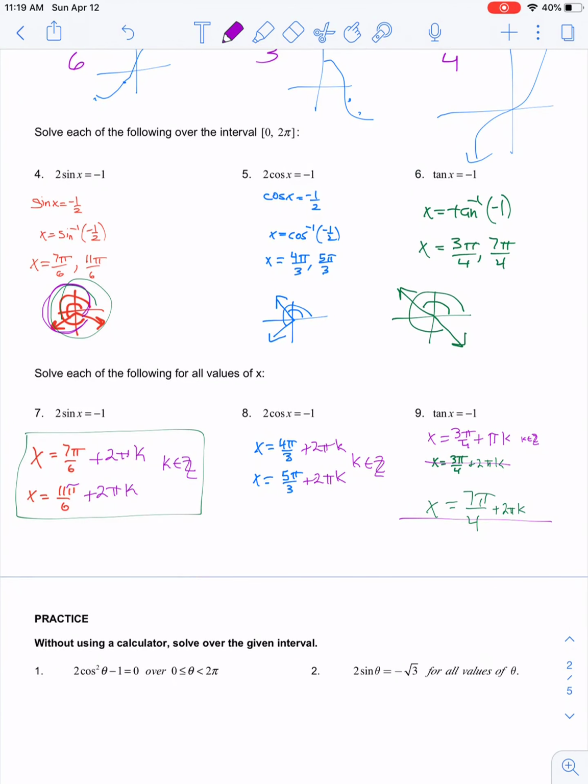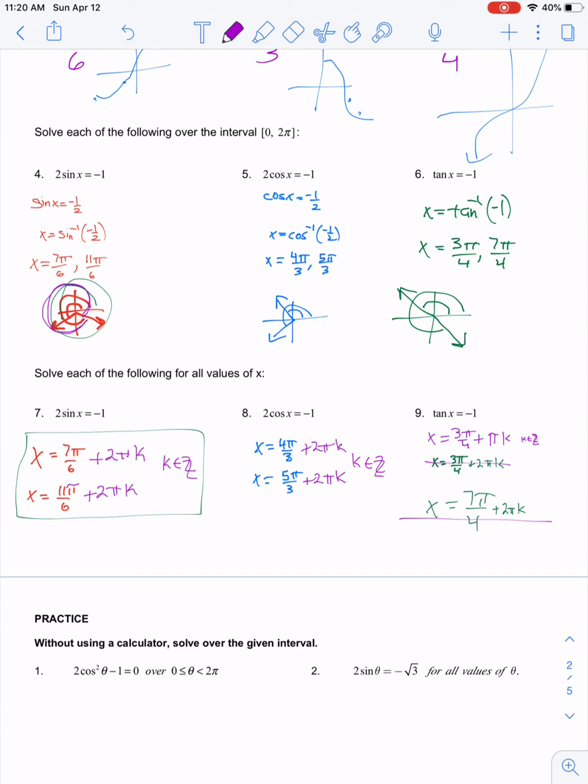I can actually just add pi k, where k is an element of the integer set, specifically for tangent, because all tangent values have a period of pi, thus they start repeating every pi distance. So it wouldn't be wrong to write down what's in green, but it's more efficient to write down what's in purple. So this is our new objective of the day, really, is we've solved for angles on a given interval,